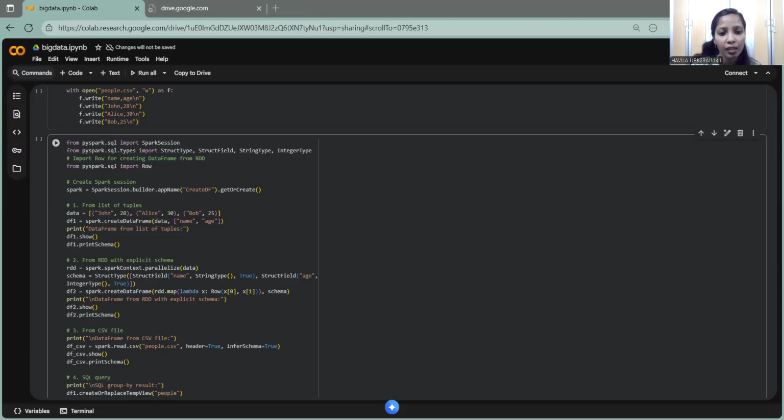and set up. From pyspark.sql import SparkSession imports the SparkSession, the entry point to use Spark SQL and DataFrame APIs in PySpark. From pyspark.sql.types imports classes used to declare an explicit schema for a data frame. And then from pyspark.sql, it will import Row,